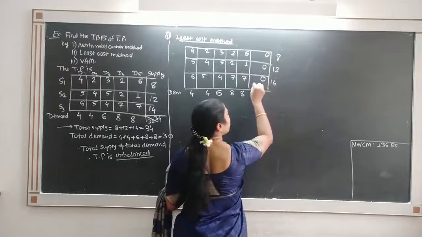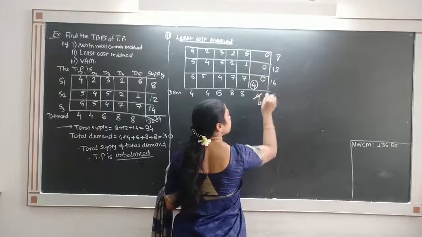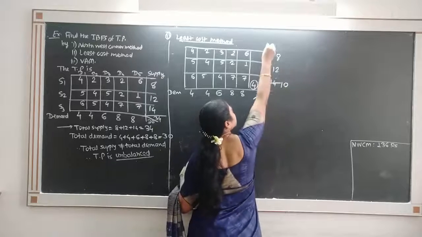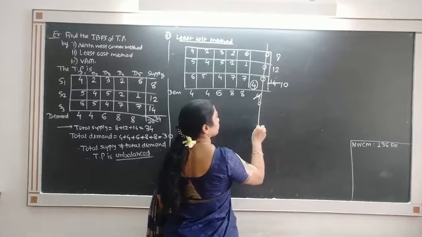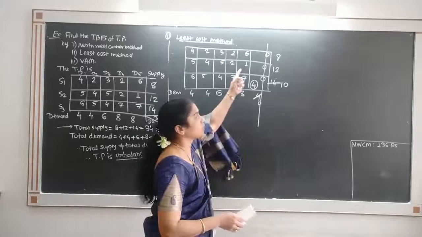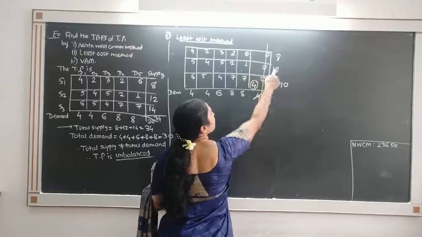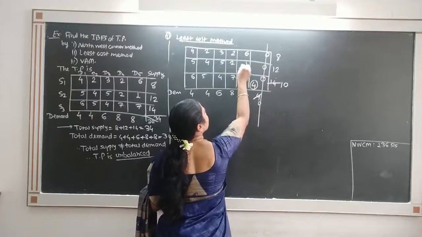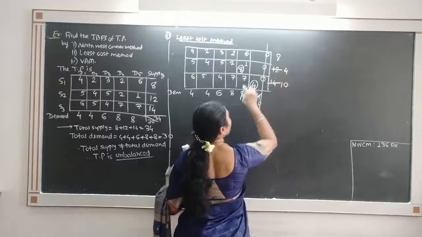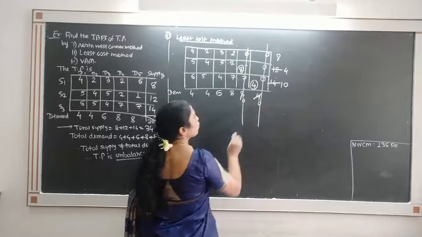So suppose I will allocate to this 0. So I will allocate 4 here. Remains 0 and remains 10 because this column has demand 0, this column is crossed out. Now in the remaining table, the smallest cost is 1. So allocate as much as possible to this 1. That is minimum of 8 and 12, that is 8. Allocate 8. Remains 0 here. Remains 4 here. Because the column has demand 0, again this column is also crossed out.